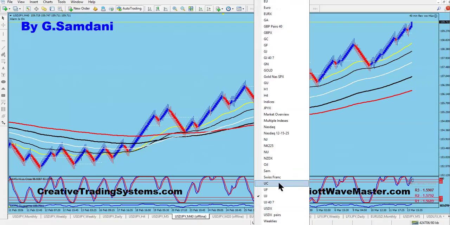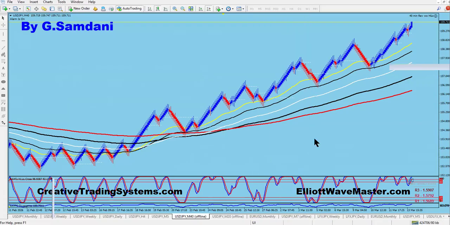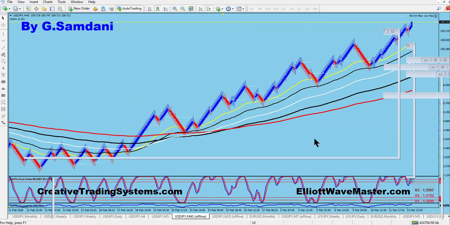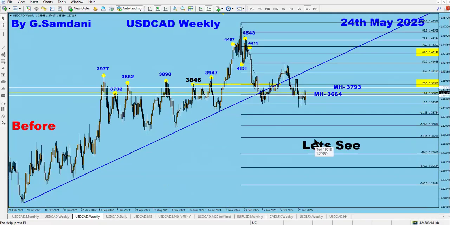Now USD CAD. There is a problem: the USD is getting strong and CAD is getting strong. CAD is supposed to get strong, right? Why? Because the CAD is connected to oil, and oil is in trouble. Oil is going to get expensive, and the Canadian dollar gets the benefit. So far, on the weekly chart, you can see that it rose a little bit. Why a little bit? Because